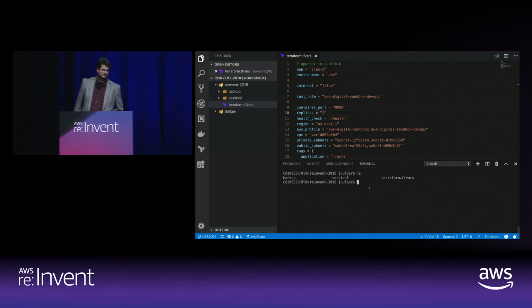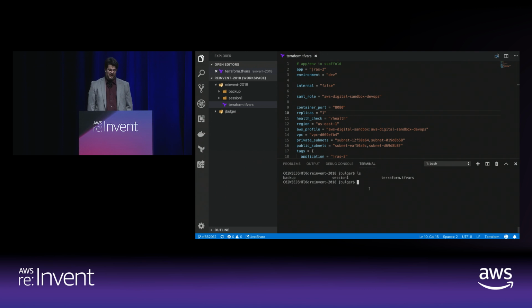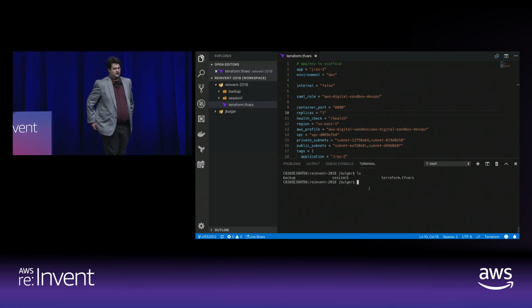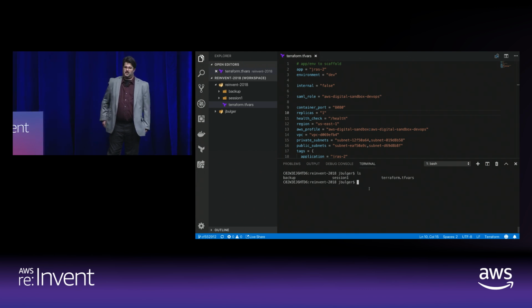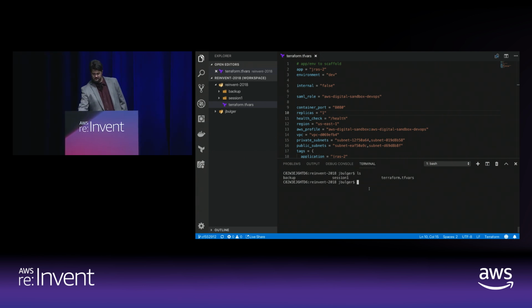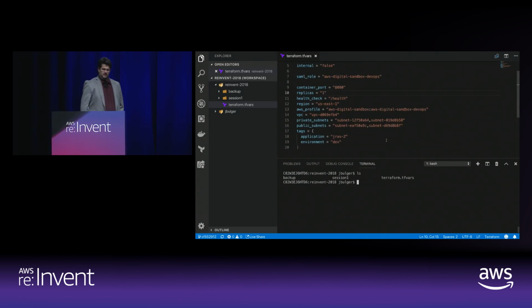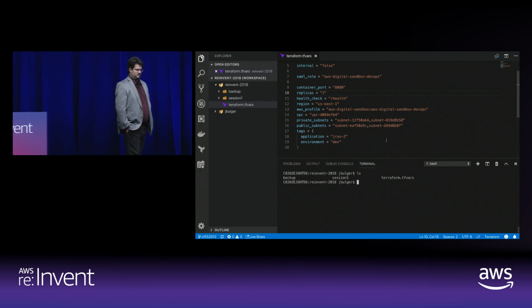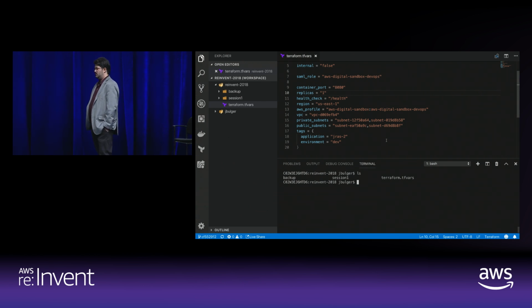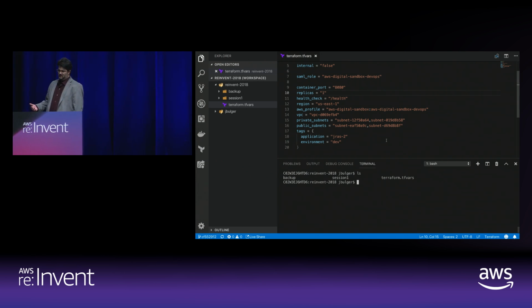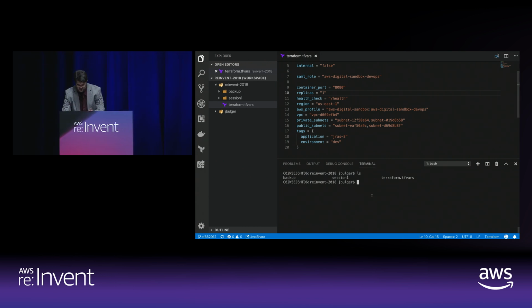So what I have here is the beginning of a Terraform TFVars file. And I've predefined for us, to kind of save us some time, an example web server that I want to spin up. So I've already put in all the properties that I'm going to need to run this. These are mostly things that your teams would need to go into the AWS console and look up for the most part, or a lot of this, like your project name or your product name and things like that. But once you have this defined,